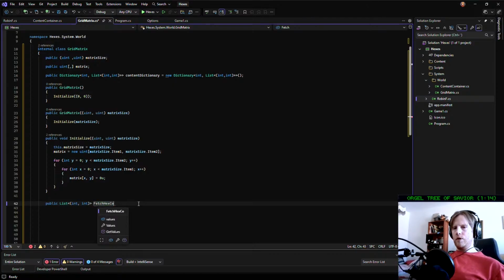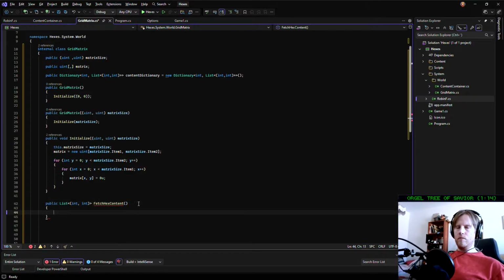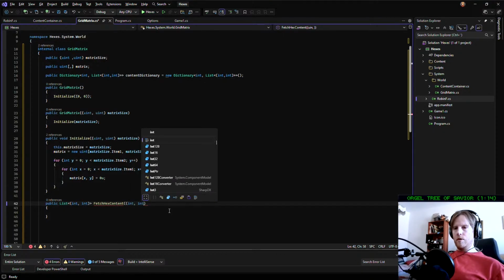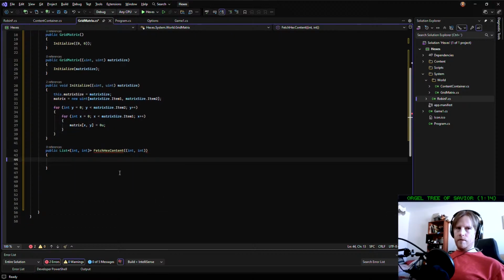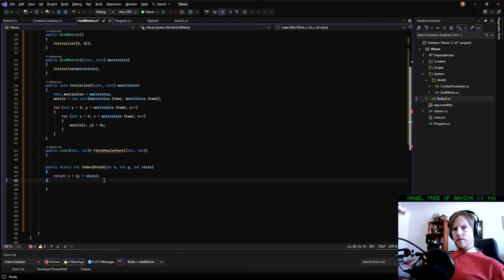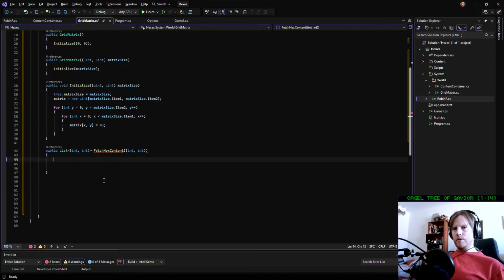FetchHexContent. And then that should take a Vector2, but right now we're just using a tuple. It doesn't need to be a uint. Like that. And that's where we need to say